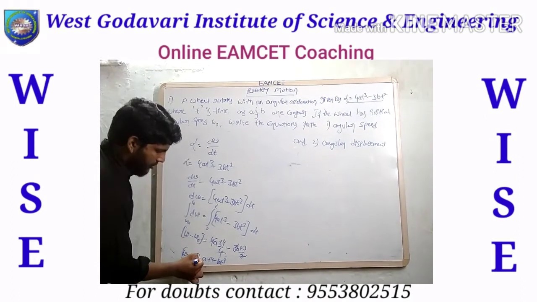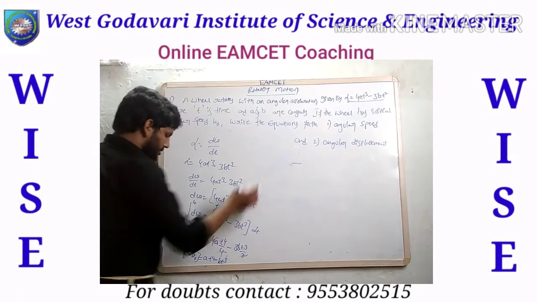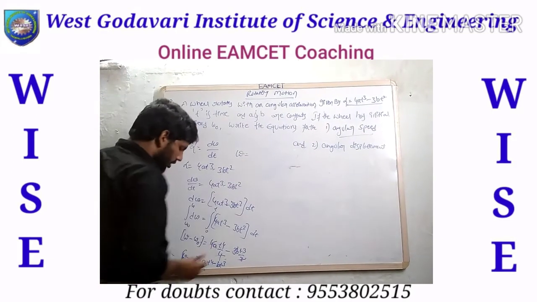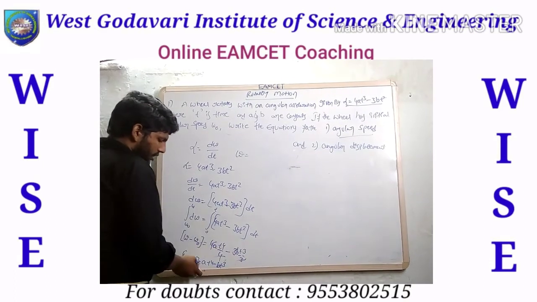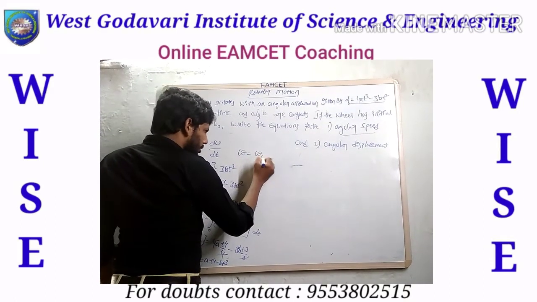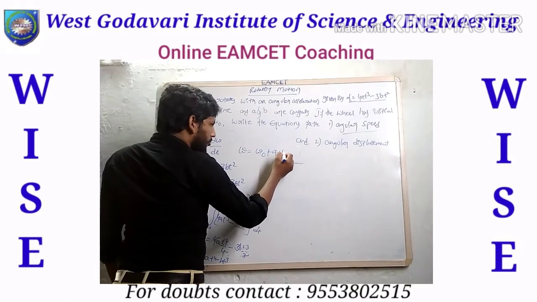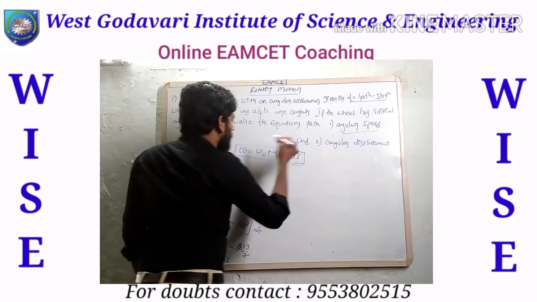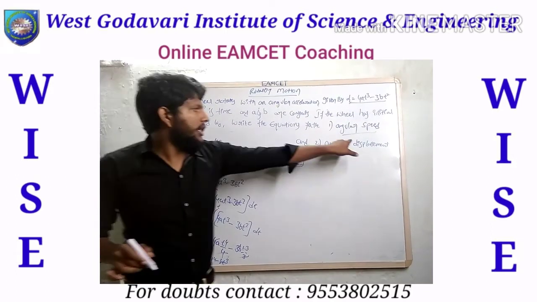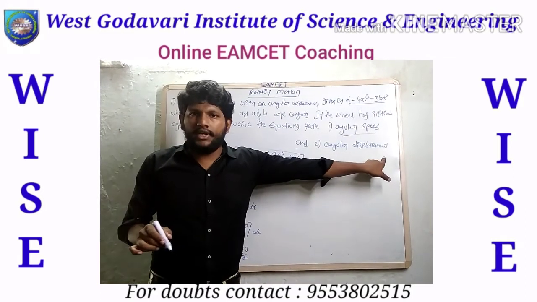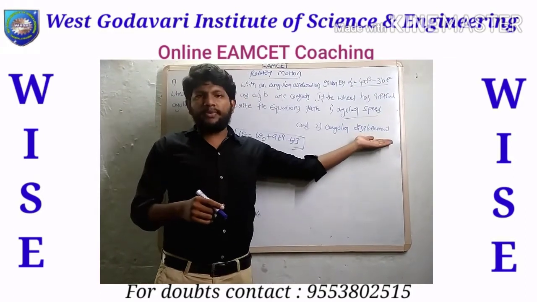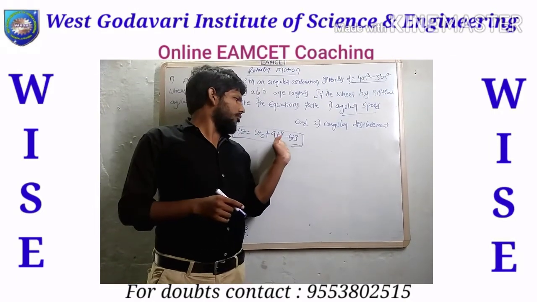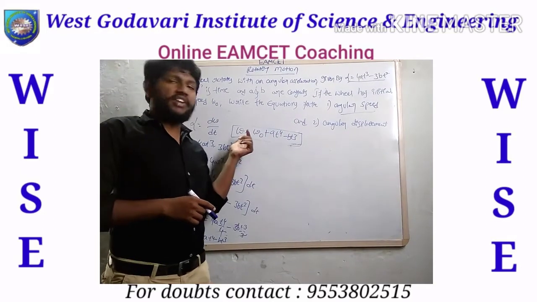Now you can write it simply, since what we are asked is angular speed. So angular speed omega equals omega naught plus at power 4 minus bt cube. This is the equation for angular speed. And the second term is angular displacement. Here we need to find the angular displacement, right? So we have the equation omega equals omega naught plus at power 4 minus bt cube. This is the equation for angular velocity.